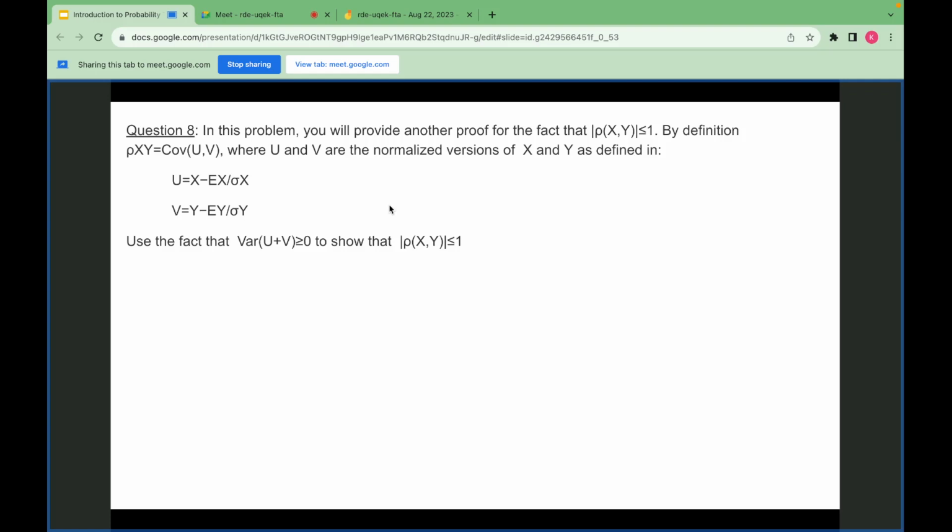In this problem we will see how this correlation coefficient always varies from minus 1 to 1. So the mod of correlation coefficient is less than or equal to 1, which means that this correlation coefficient is varying from minus 1 to 1. So by definition, the covariance of xy is